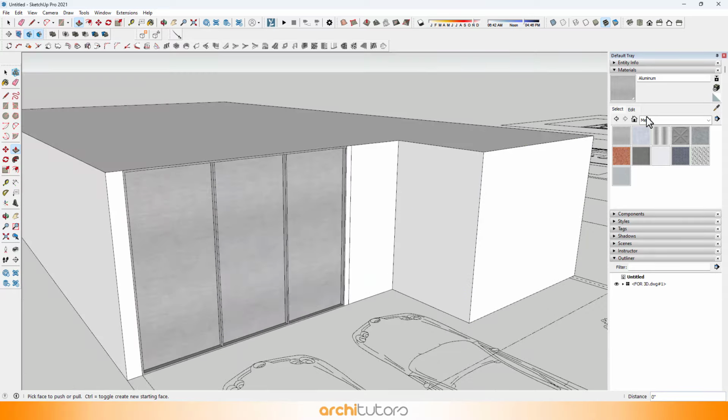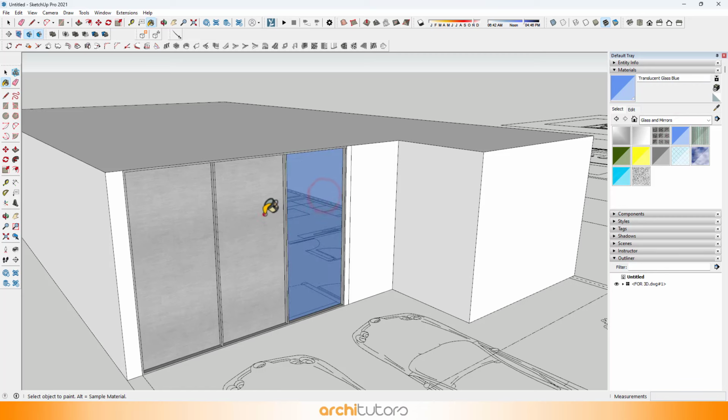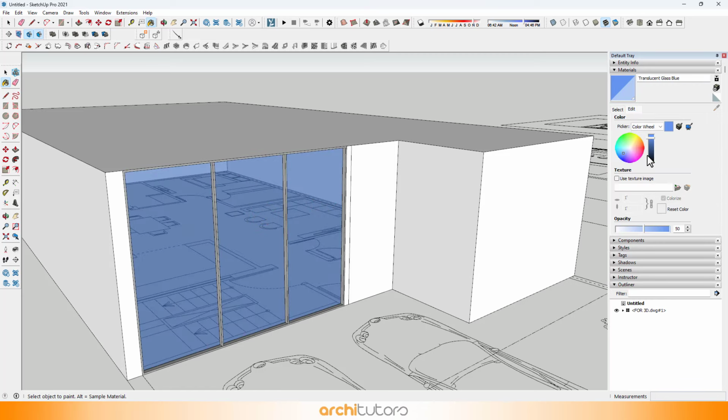And give glass material to the window. I'll change its color to gray.